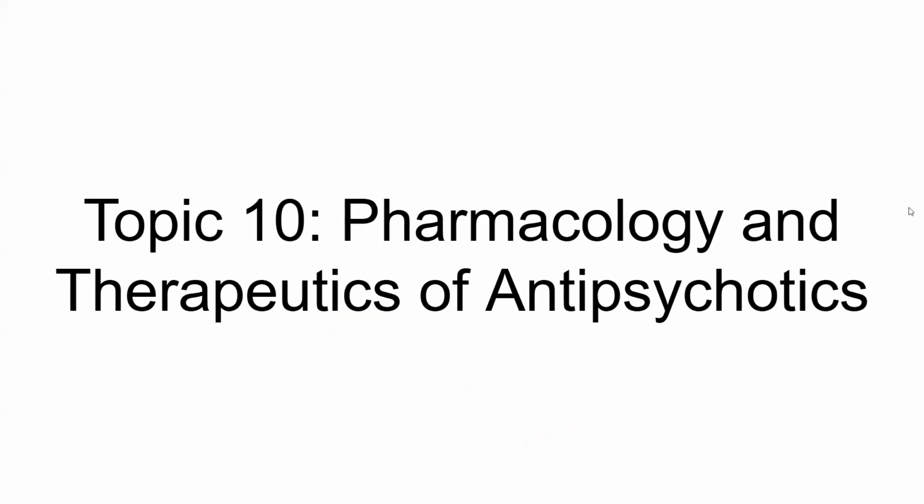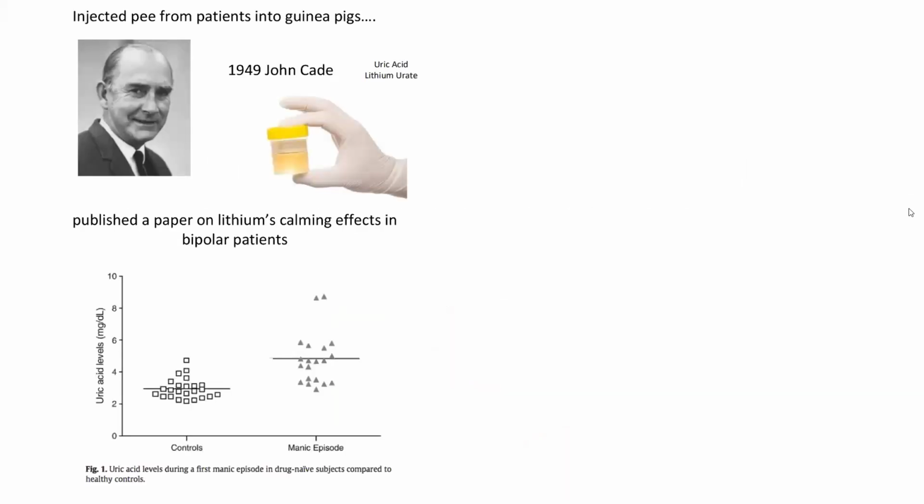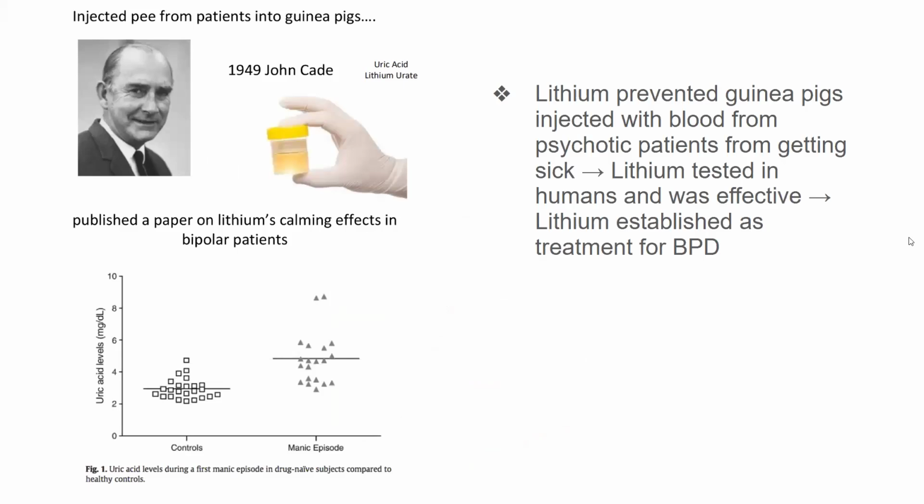All right, so John Cade, he grew up around a lot of people with psychosis, mania. At the time, he didn't know it was bipolar disorder. He just knew something was wrong with them. And so when he got back from the war, he wanted to study these guys. He took the urine from patients with psychosis, with mania, and injected it into guinea pigs. And the guinea pigs got really sick